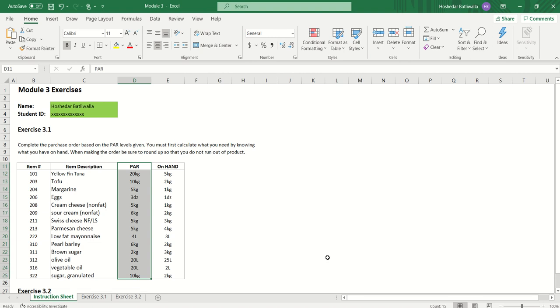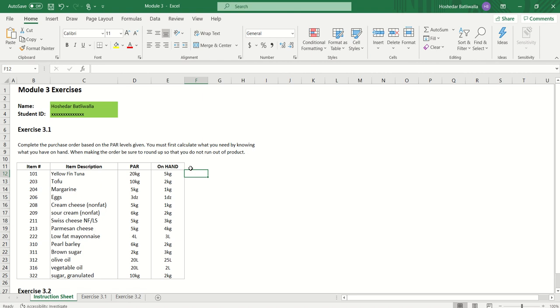Okay, so over here we've been told in the exercise these are many food items, and the chef needs to know how much is that par and how much is that on hand. We already know our par levels, our optimum par levels for operating our kitchen. In this case, we know we need yellowfin tuna at any given time of about 20 kgs. How much do we have? We have 5 kgs on hand. So we require 20 kgs minus 5 kgs, which is